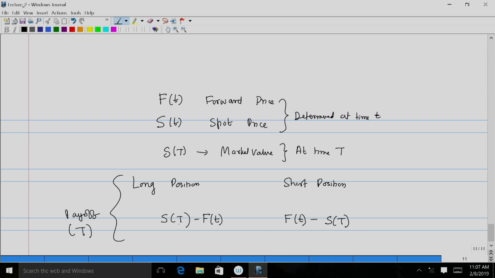And if you see that both the terms that we have here, S_T minus F_t and F_t minus S_T, both of them add up to 0, and this is what I was referring to earlier as the zero sum game. Now, the reason for buying the future is that people want to hedge, because they are concerned that the price of the underlying asset that they want to buy might fluctuate heavily in the future. So, through a forward or a futures agreement, they lock in the price that they have to actually pay at a future time point.